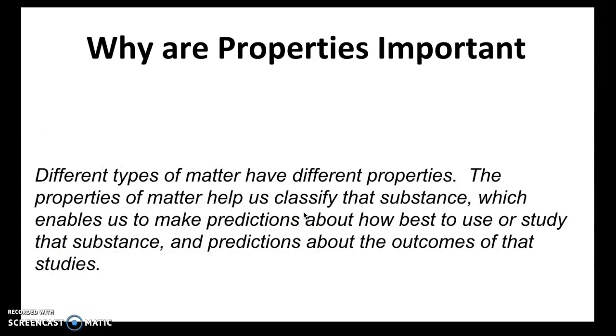So the idea is, this is why properties are important. Different types of matter have different properties. The properties of matter help us classify that substance, which enables us to make predictions about how to best use it or study it, and also how to predict the outcomes of that study. We look at a bunch of patterns for properties, and then we use that